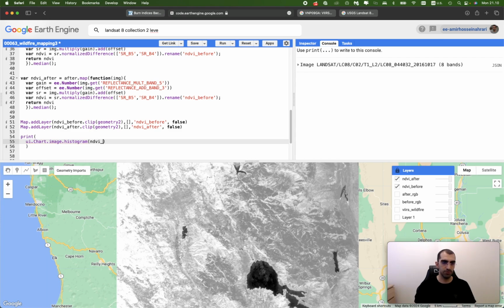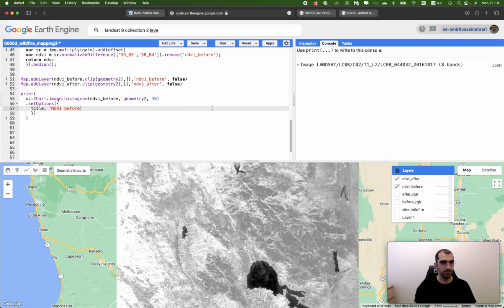The first input is NDVI before, the second is the region of interest, and the third is the spatial resolution, 30 meter. And then we need a title for the new histogram. The title could be equal to NDVI before 2016,